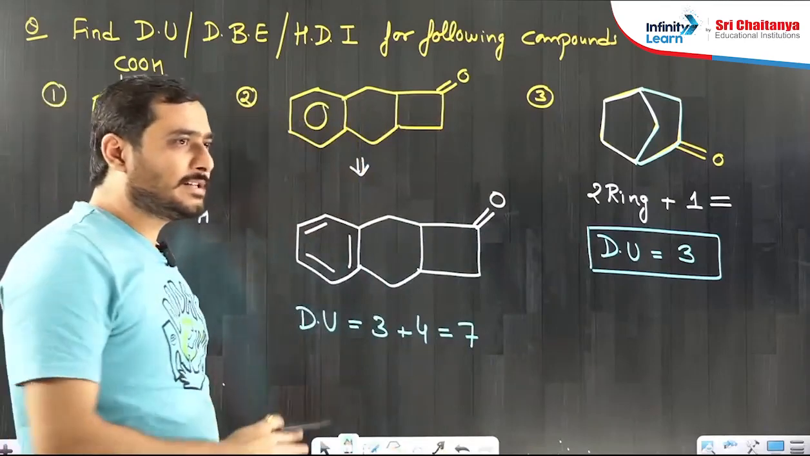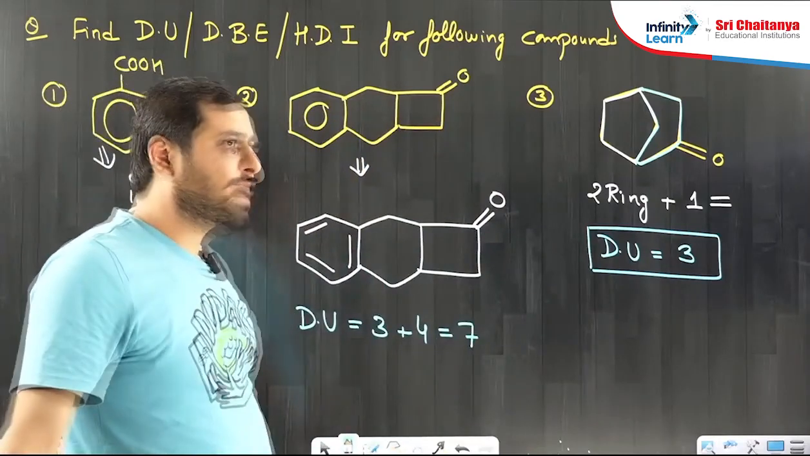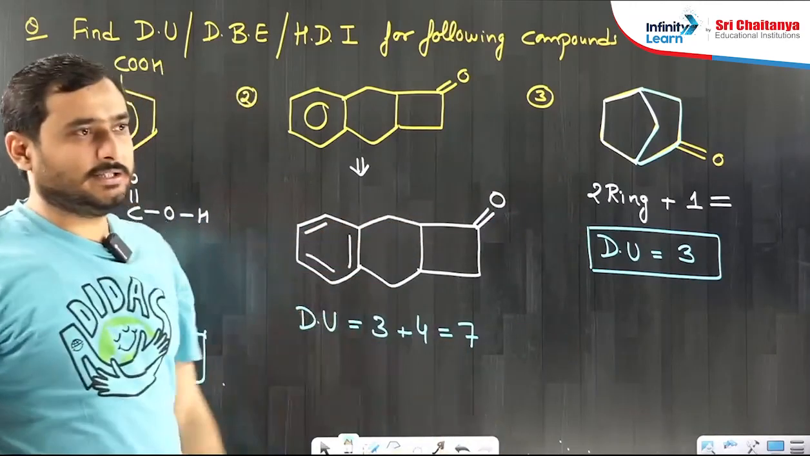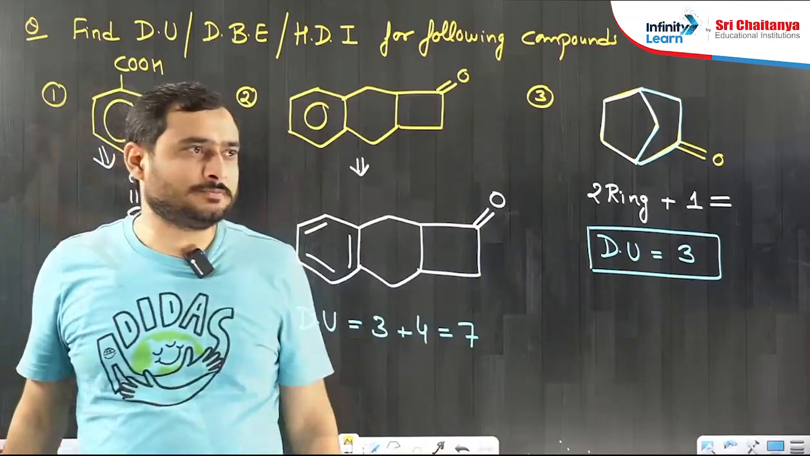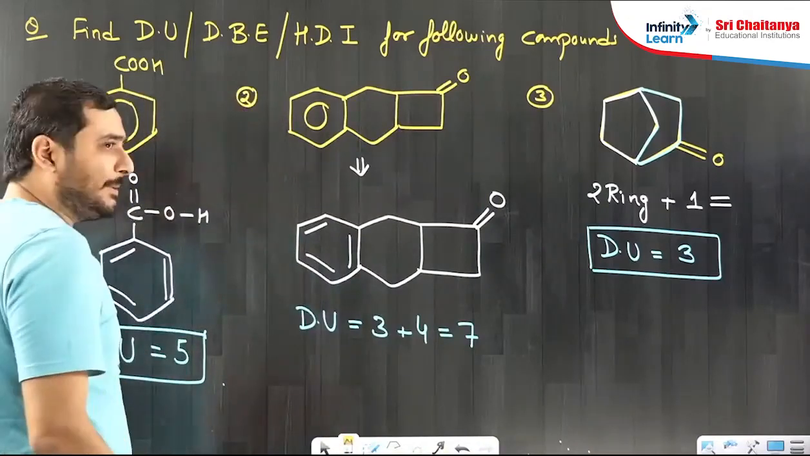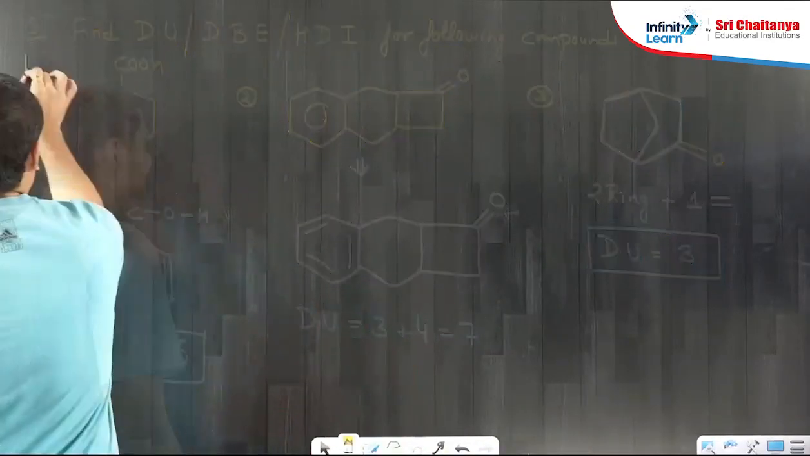Clear? Can you find the degree of unsaturation? It is easy to find. Any doubt in these 3 parts, first, second, third? Then I will write 2 or 3 more structures where you have to tell the degree of unsaturation. Clear? So let us move to the next 3 parts. I will give them again. You have to solve. Next, the fourth is